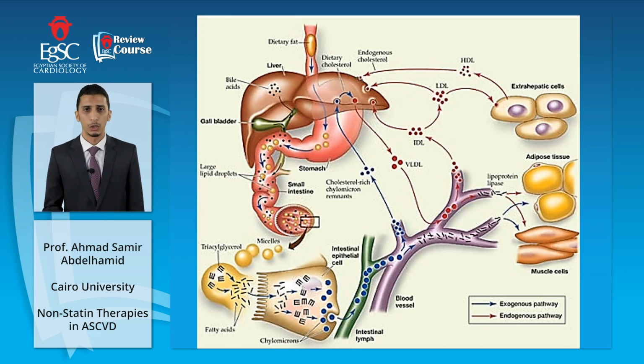The VLDL will go through its interactions and be exposed to multiple metabolic pathways and steps. Then it is transformed into IDLs. Some of them go directly to the liver. Some of them are transformed into the LDL particles that we know. And there is another reverse cholesterol transport journey that comes from the extrahepatic cells to the liver cells over the HDL particles. This slide is that overcrowded, but we need to know the hinge points or the Achilles points that